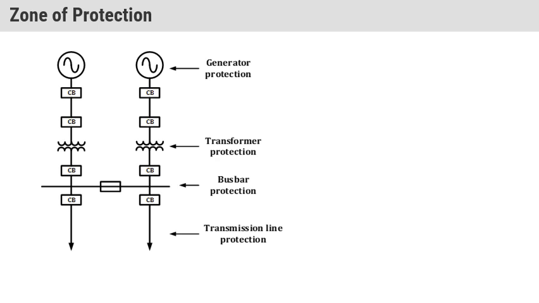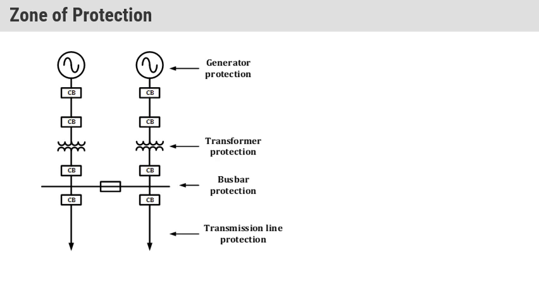Okay, so for the generator there is a generator protection system, then we have a transformer protection system, then a bus bar protection system, and then a transmission line protection system. Okay, so why are all these protection systems different? Because the fault current associated with each device is different. So if the generator becomes faulty, then the current will be different from when the transformer becomes faulty. Transformers also have an inrush current, as we discussed in the previous lecture. So in that condition we observe a different value of current.